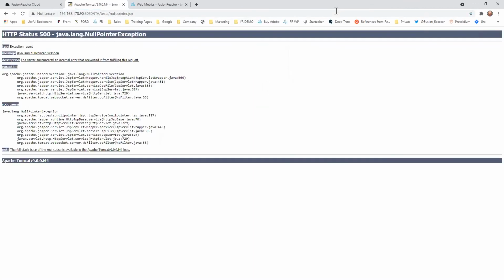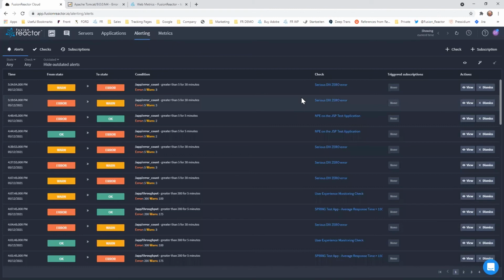If I do pass the string as an argument, then all it does is print the string out and perform a string length. But if I don't pass that string in, if I remove the argument, then it will throw a null pointer exception. So going back into the cloud now,